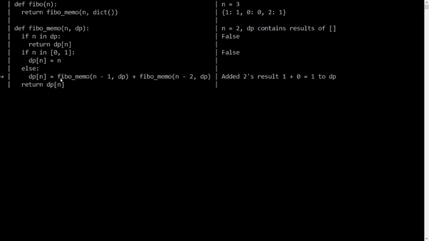So for now n equal to 2, these both values have been calculated as 1 and 0. It will add these both numbers to get 1 and it will store this result to the DP data structure as well. As you can see here, for n equal to 2 input, the output will be 1 and it will return this calculated result back to its callee. So for n equal to 3, this value has been calculated now as 1. It will call its second recursion call, that is fibo 1.